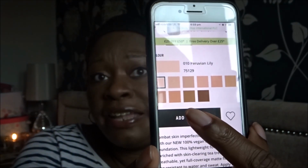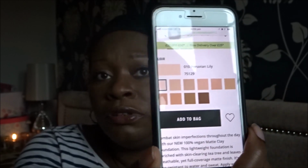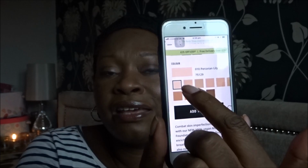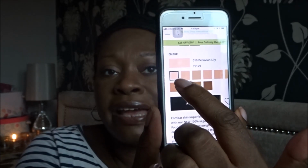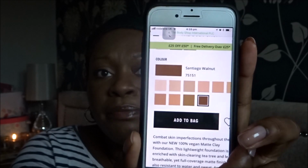You've got this shade next to it, which I'd say is like a tan. And after that, it's all the light medium shades. I'm not sure how pale the very pale one goes. Peruvian Lily is the lightest colour there. I don't know how pale that is. I would say that is a light rather than fair. And that's the deepest colour there, which I'm wearing now. So if you compare the two,